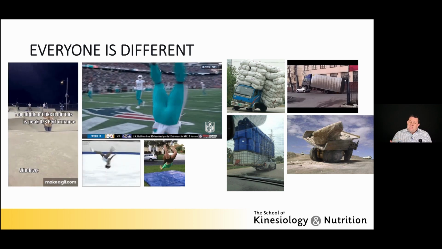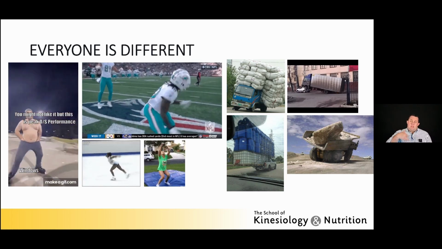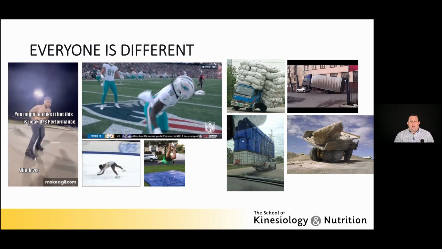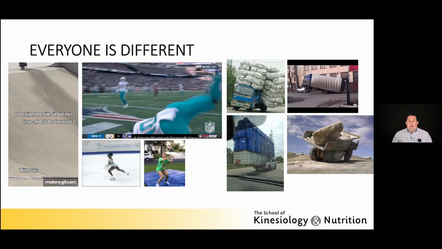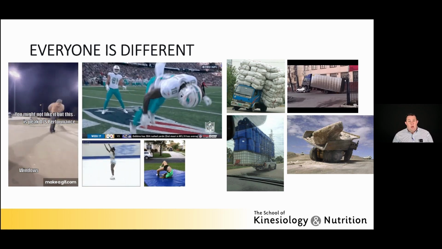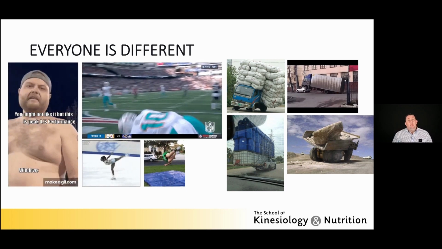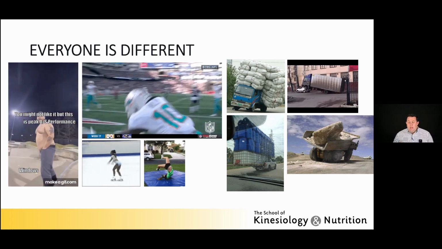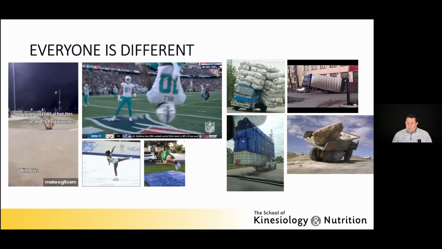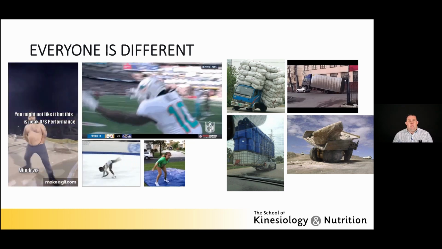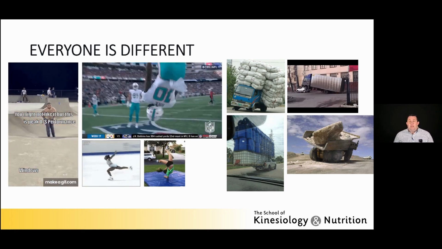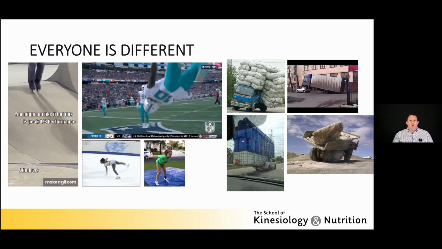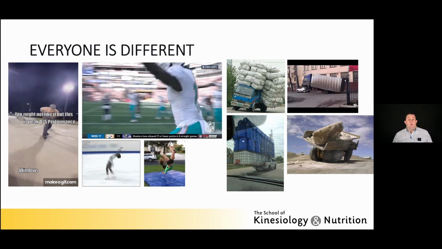So because everyone's different, yet we all have, at least by assumption, similar body parts, it's really important to understand how our mass is distributed on our skeletal system so that we can consider that in the calculation of human motion. And so I put a picture of these trucks that are unbalanced in their load. I hope you can appreciate that it's important for us to understand how load is distributed around our body.